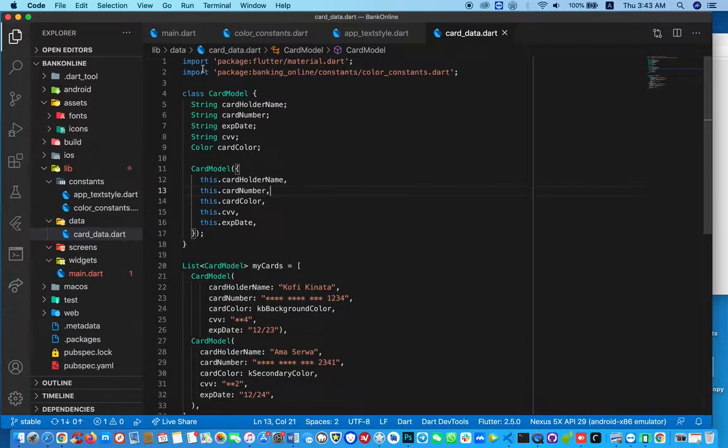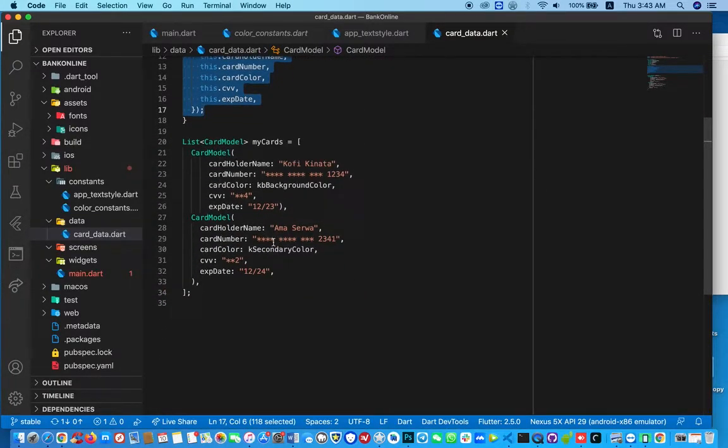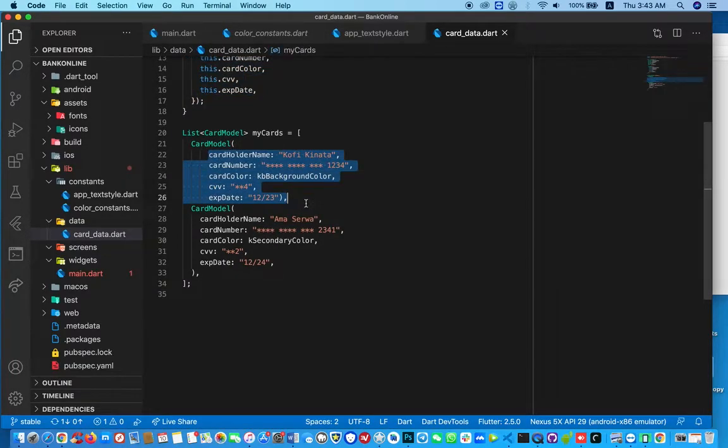And this is simply a model, a constructor, and then a list for the model. Simple. And then we have added inbuilt sample data in here, and this can also be used to mimic an API or calling info from the database. So very simple. Okay, so next is to create another file, and this file will also have the model